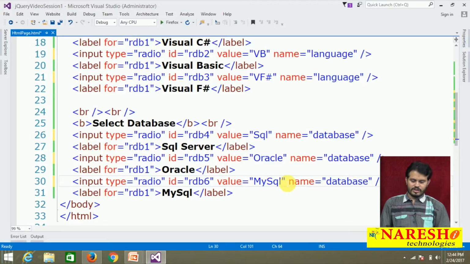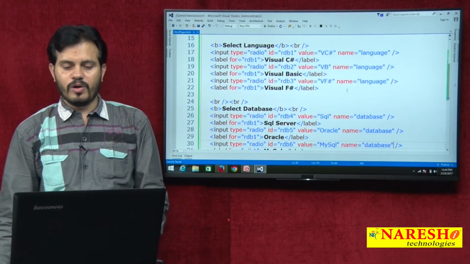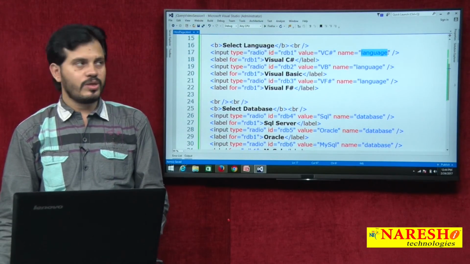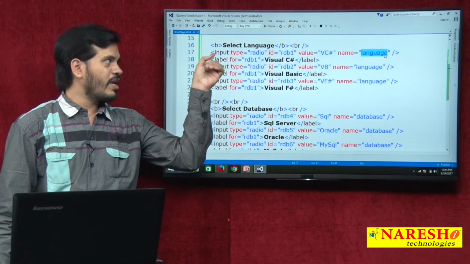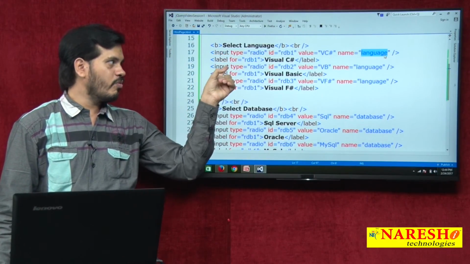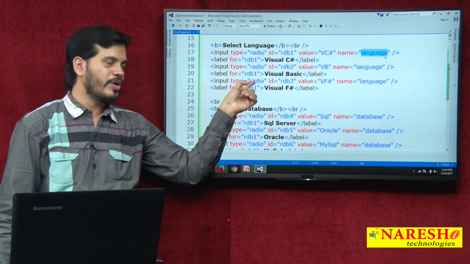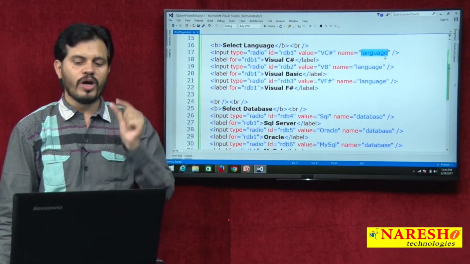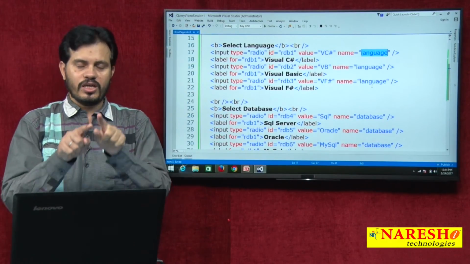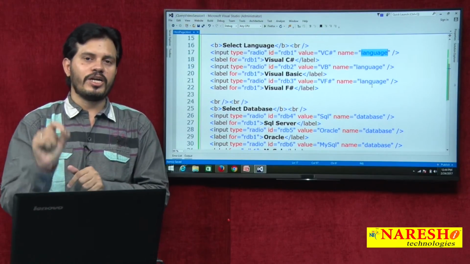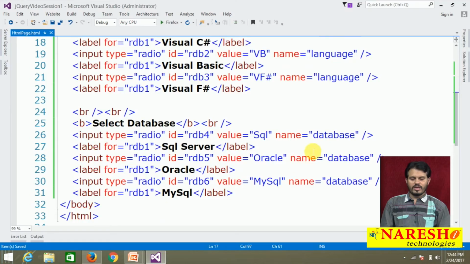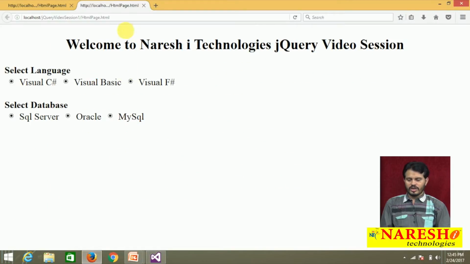Name is equal to database. So I have made one group with the name language. And in the language group, total how many elements? One input type radio, one input type radio, one input type radio. Three radio elements in one group, language. So in this group, the user can select any one option. And I have another group, database, with three radio elements. It means in the database group, how many can be selected? Only one. So if we come to the browser and refresh the page,